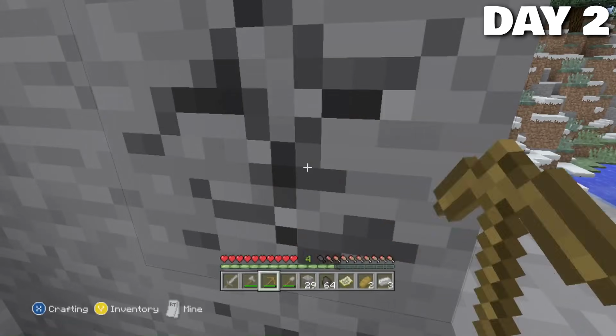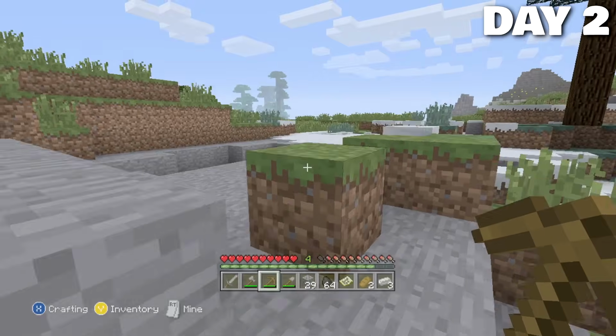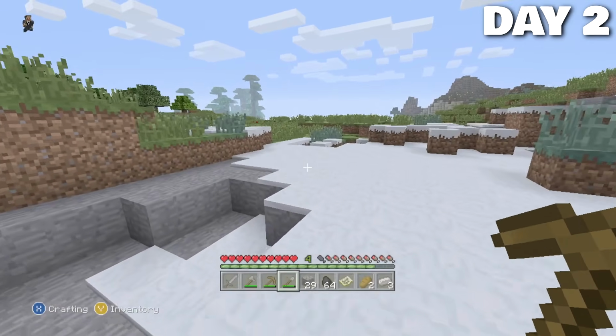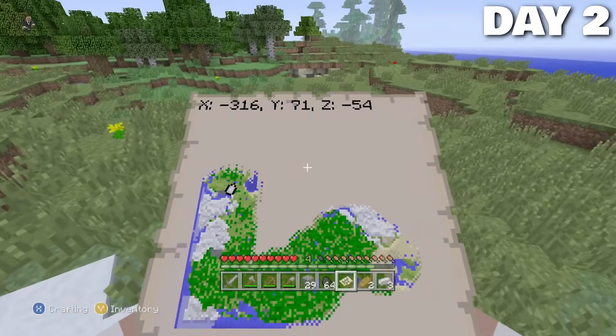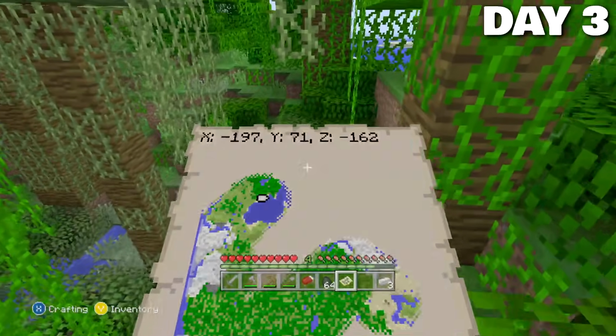As I traveled through the snowy tundra, I mined away at as much surface coal as I could so that I didn't run into the torchless issue again. As the snow melted away, revealing a great open plain, I finally spotted the iconic giant trees the jungle is known for. After sleeping next to my discovery, I woke up on day 3 feeling like a real Christopher Columbus,